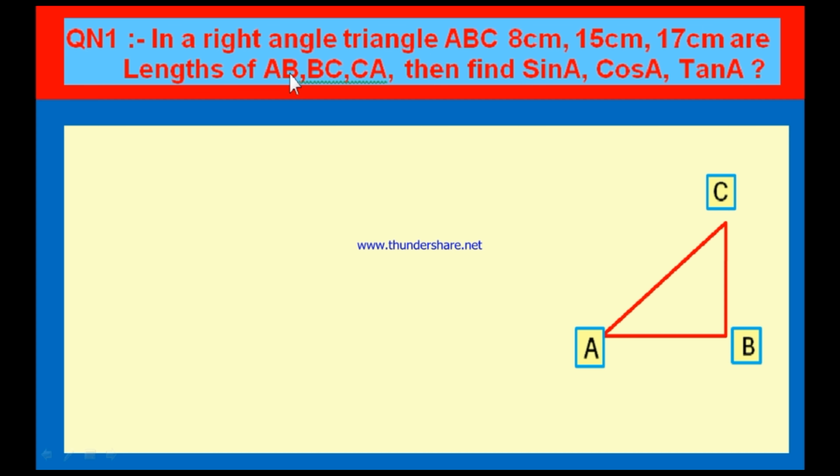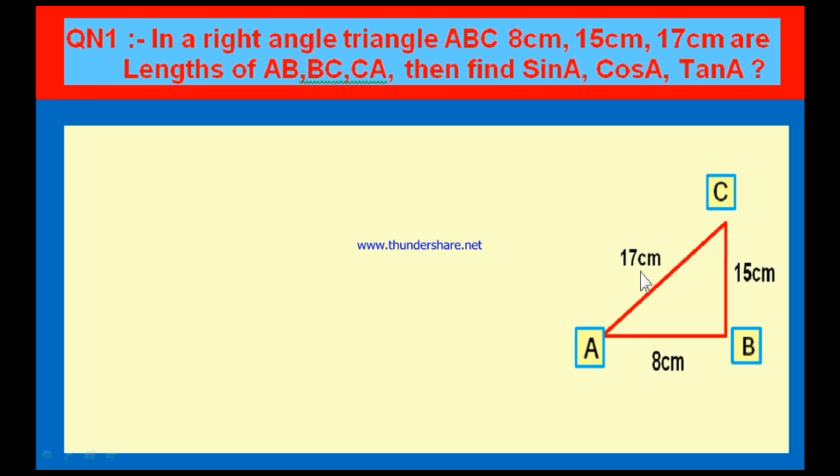Now, what is hypotenuse in AB, BC and CA? We know that CA is equal to 17 centimeters. Therefore, dear children, the hypotenuse is CA and whose length is 17. Therefore, keep vertices A, B, C so that you will get the hypotenuse AC. Now the length of the hypotenuse AC is 17. One side is 8 centimeters and the second side is 15 centimeters. Isn't it? Good. AB is equal to 8 centimeters, BC is equal to 15 centimeters and the hypotenuse AC is